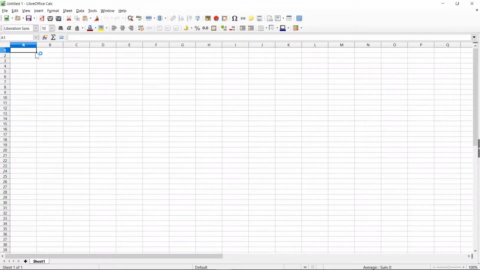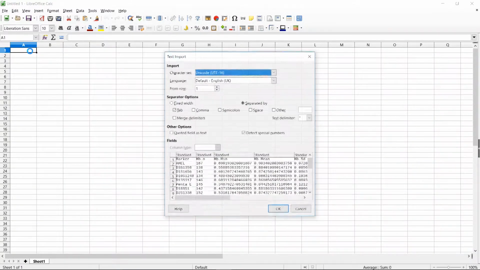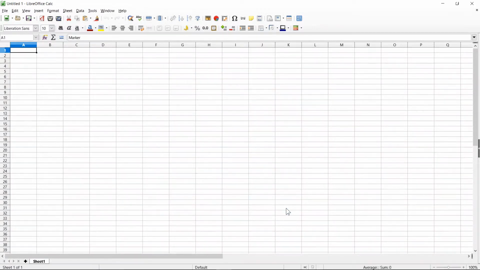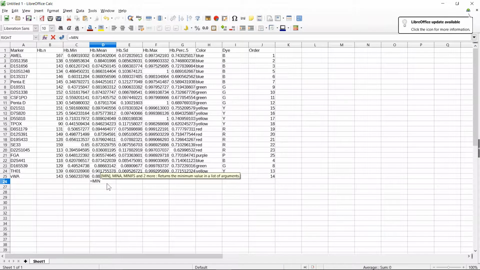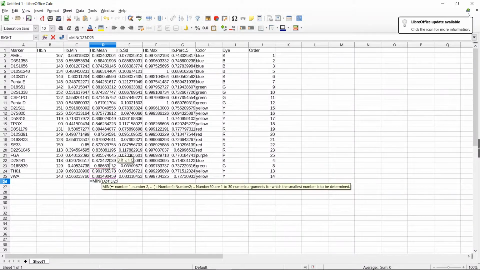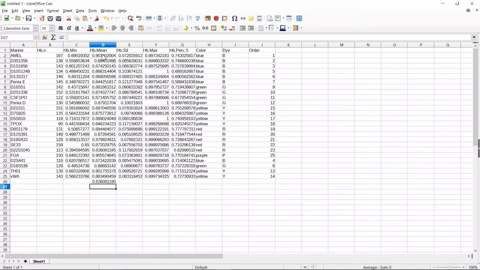We can paste the data by clicking Ctrl V and OK. So now we can add additional calculations if we want to. For example, we can add the minimum value, like min, and select the range, and we can also add the maximum value and the range,